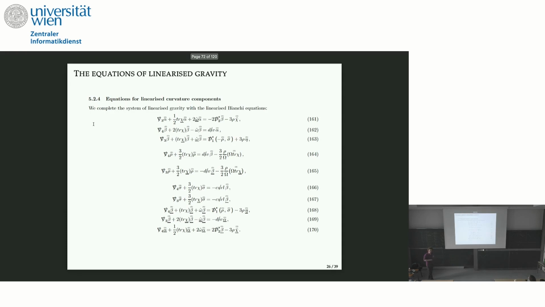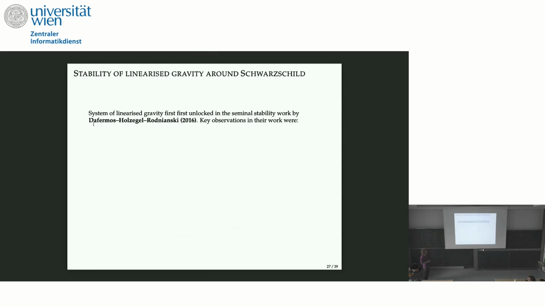One thing I want to say is that the concrete motivation for studying linearized gravity around Schwarzschild is not just to capture some effects that are not present in Minkowski, but because this is exactly what you need to understand as a precursor to treat the actual Einstein vacuum equations. That is ongoing work, to basically do this entire part of the talk with the Einstein vacuum equations, with no reference to any background.